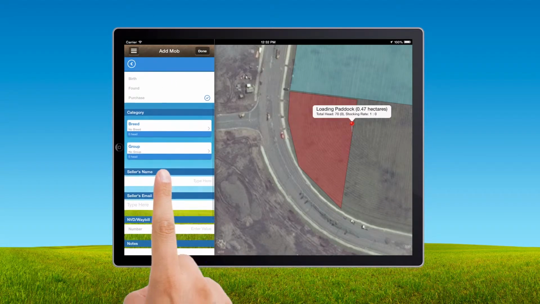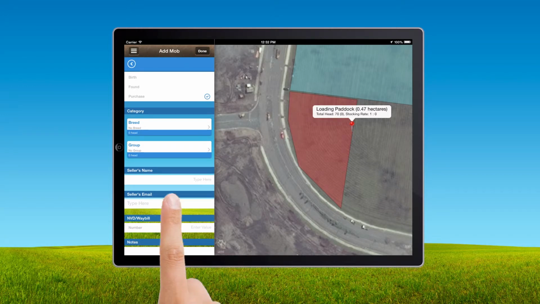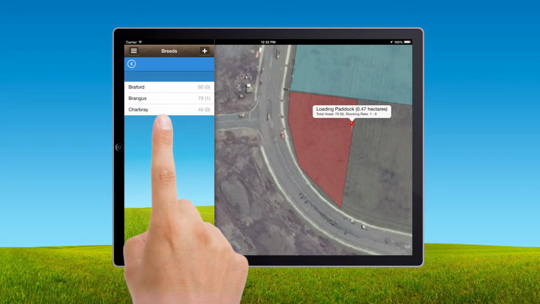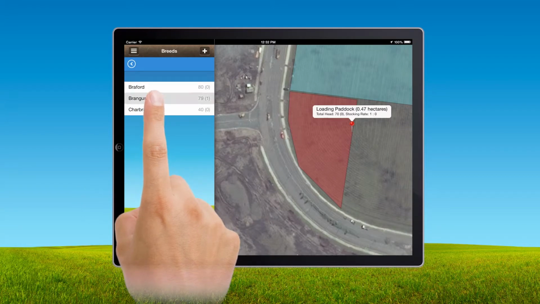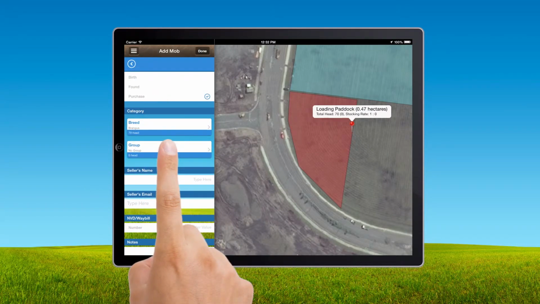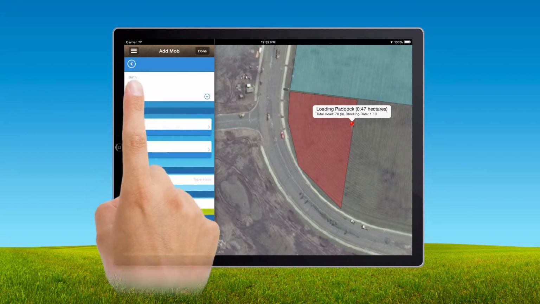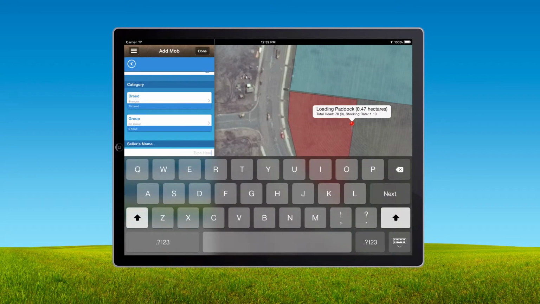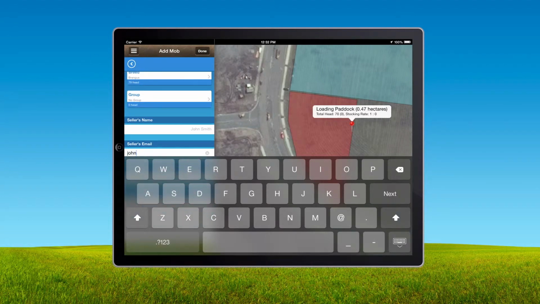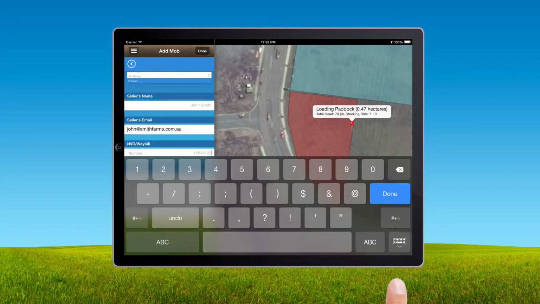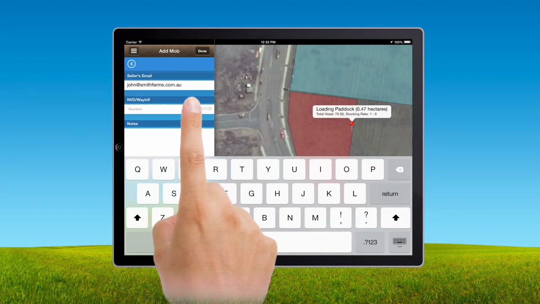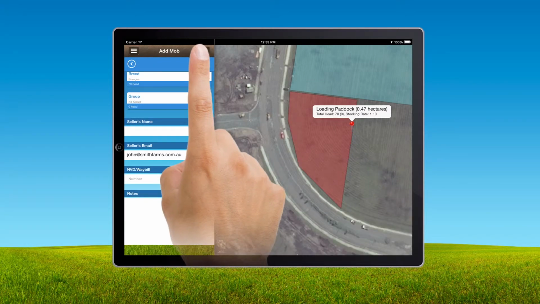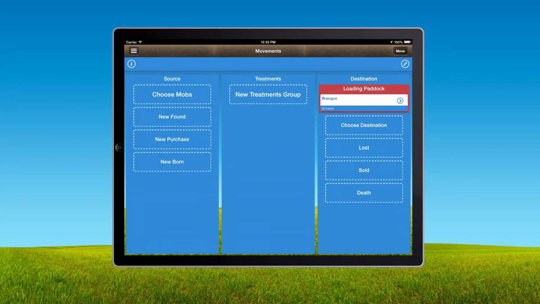That adds the seller's name and email address and the waybill number down here. We tap on breed and select our breed. We could add a breed if we'd like, but we'll choose Brangus for now. We can add a group, but I'll leave that. And then we can add our seller's name, email address, and waybill number. And tap done on the keyboard or up the top. We can add some notes in there as well if we'd like. Click done there. And now if we tap done, we'll be taken to the movements module, where it's all set